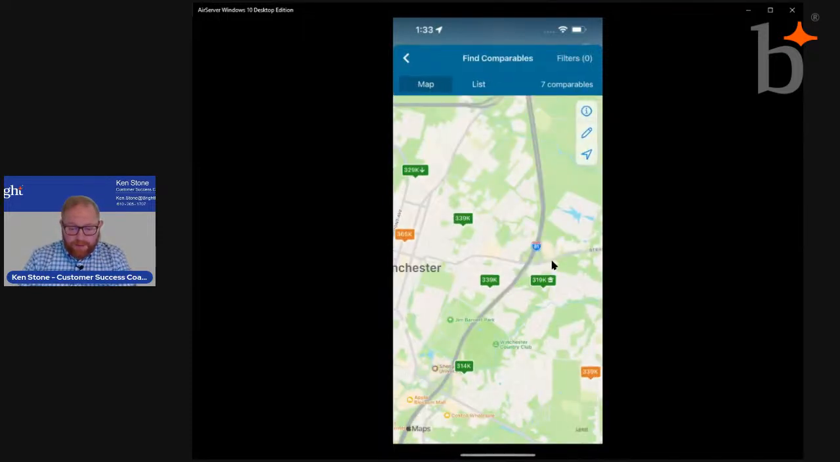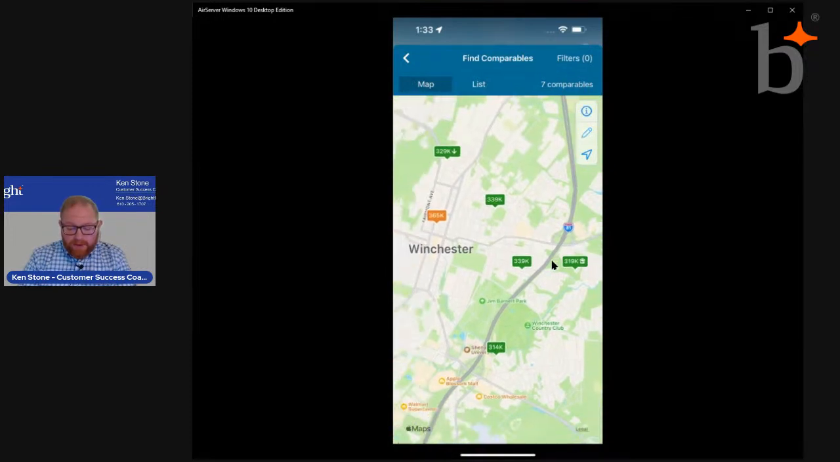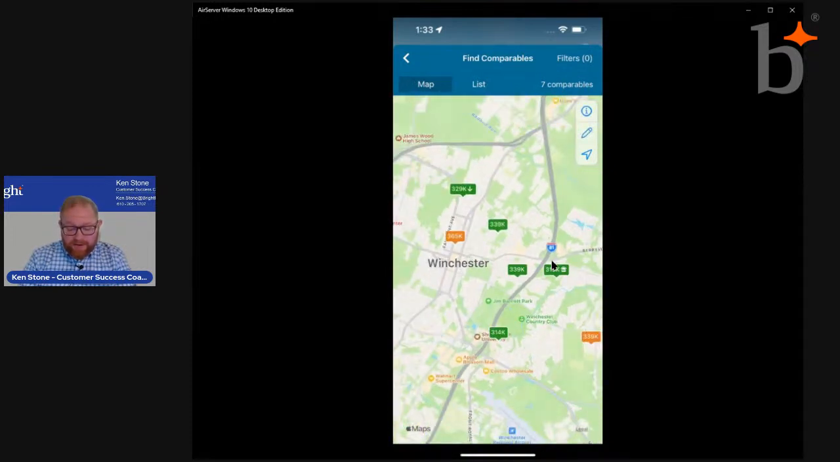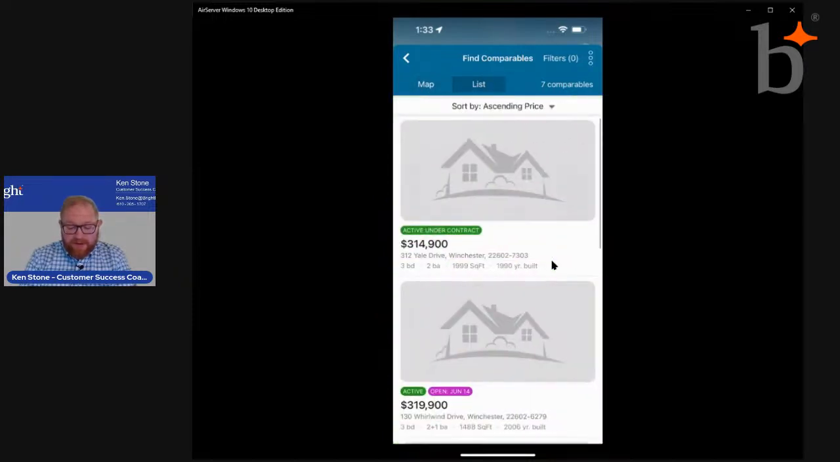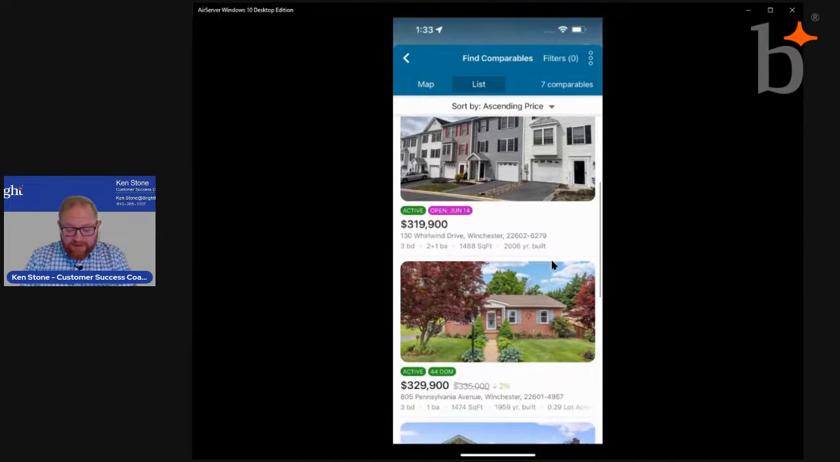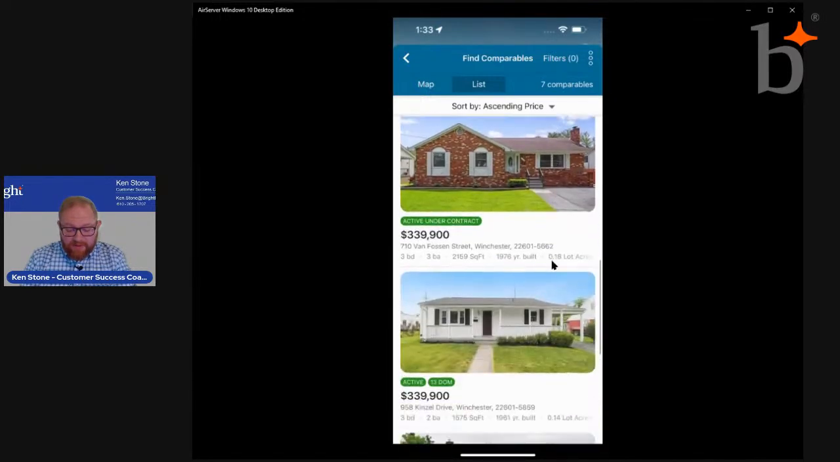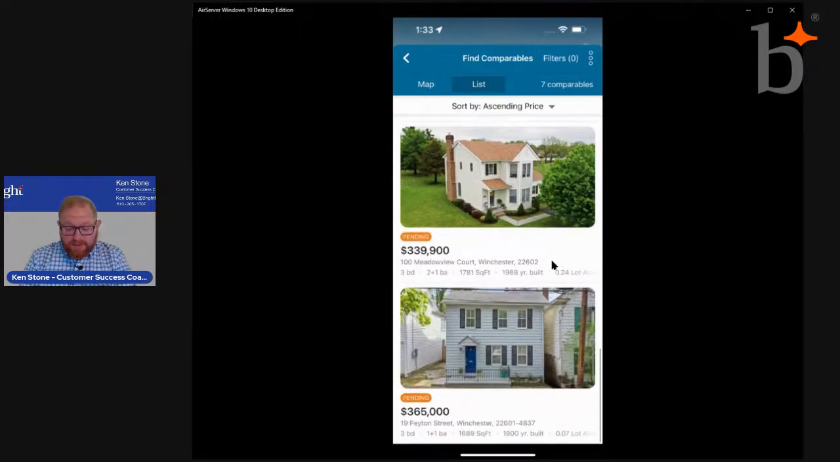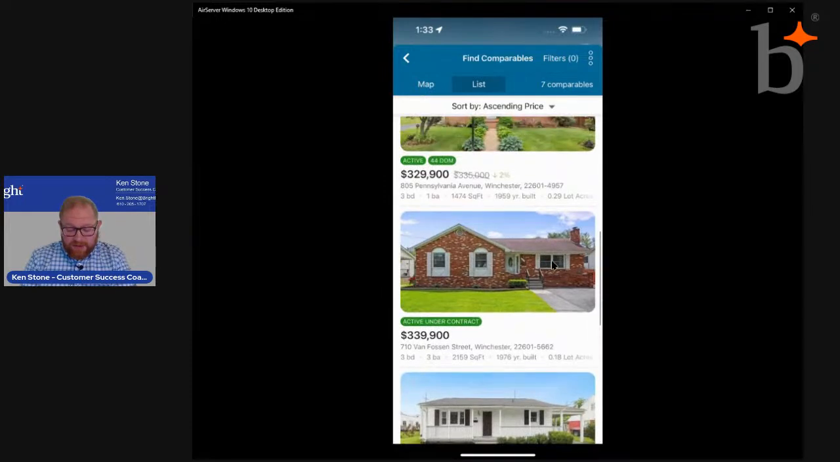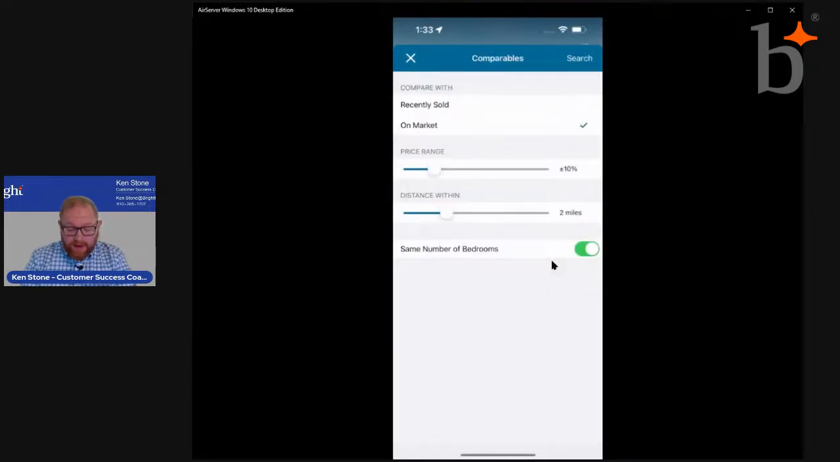I can now look at the different comparables that are within this area, within that radius of my property, and even look at those in a list format. This way I can see those properties as active properties and see how those compare to my actual subject listing. If I want to look at the actual statistics of this property, I can go right back, hit my back arrow, close out of this,